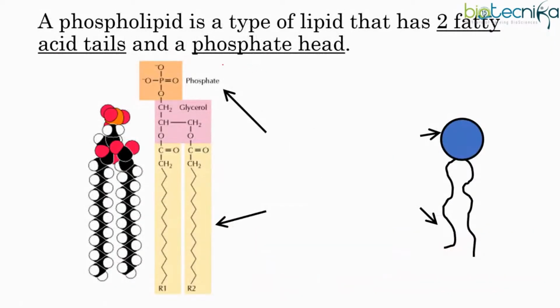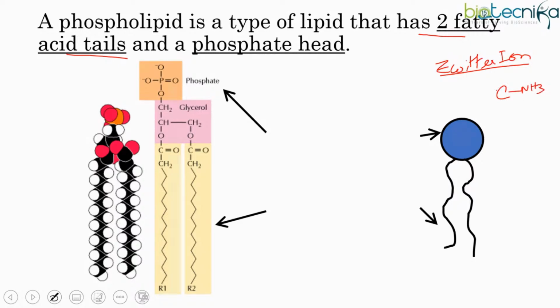Let's study the structure of a phospholipid. It's a type of lipid that has two fatty acid tails. Even amino acids are amphipathic. An amino acid is called a Zwitter ion at a particular pH. Why? Because the amino group is carrying NH3 plus and it has COOH, which becomes CO minus. So in that case, with CO minus and NH3 plus,